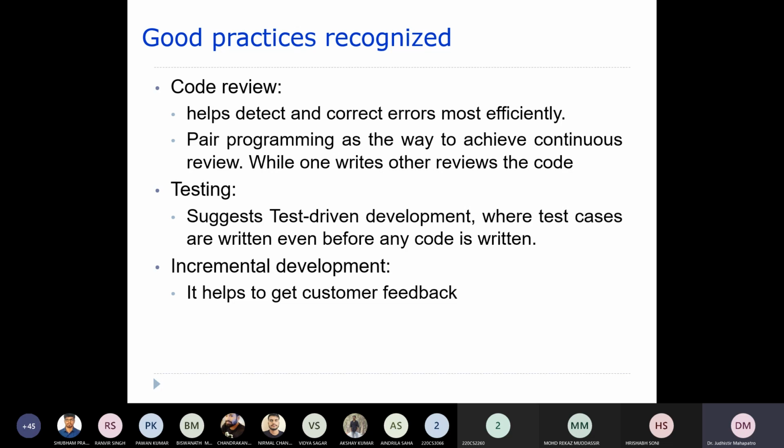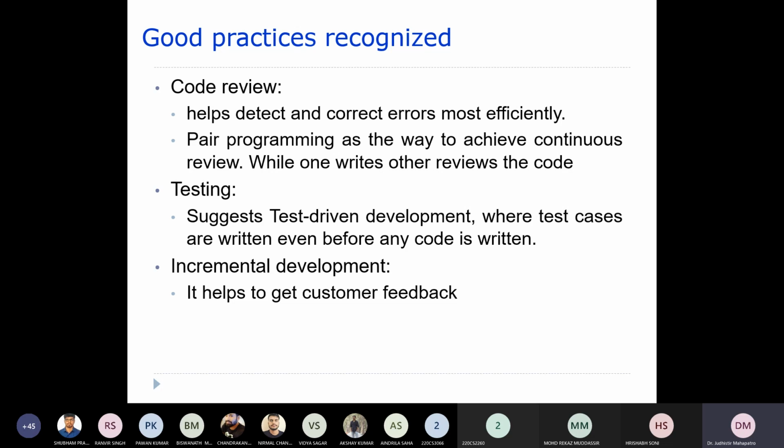Now this is a very good practice because it has given so many benefits in the past. That is the reason why we should use this practice again and again while developing. And now there is testing. Test driven development suggests that test cases are written even before any code is written.